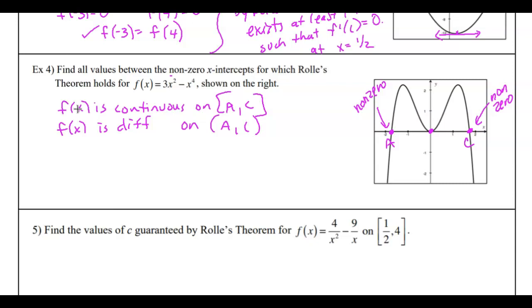And then the last thing is we want to say f of A equals f of C. Sorry, I don't know why I changed my f's. There's no reason. And I don't even have to say that it's 0. Okay, so 1, 2, 3. So now we're going to